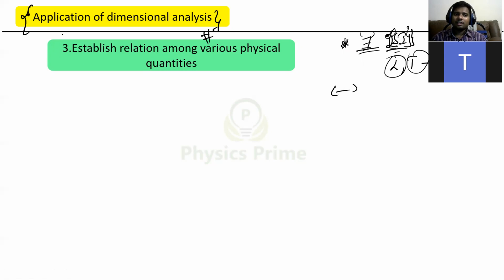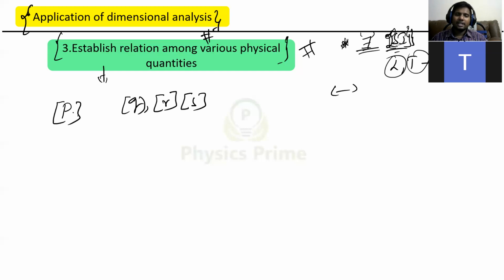Questions on this application will be framed like this. Suppose these are taken as fundamental quantities, so what is the definition of this one? That kind of thing can be solved using this application. Quite important. Suppose the question says there is a quantity P, and that quantity will depend upon Q, we don't know what Q is, as of now R and S. PQRS I have taken. So P will depend upon Q, P will depend upon R, P will depend upon S.